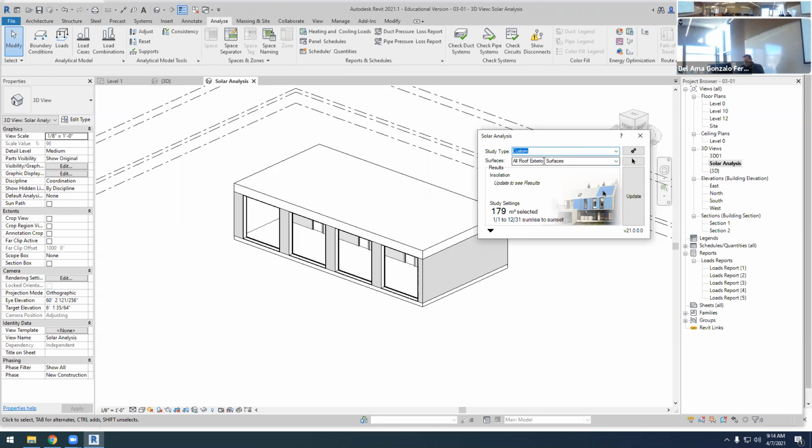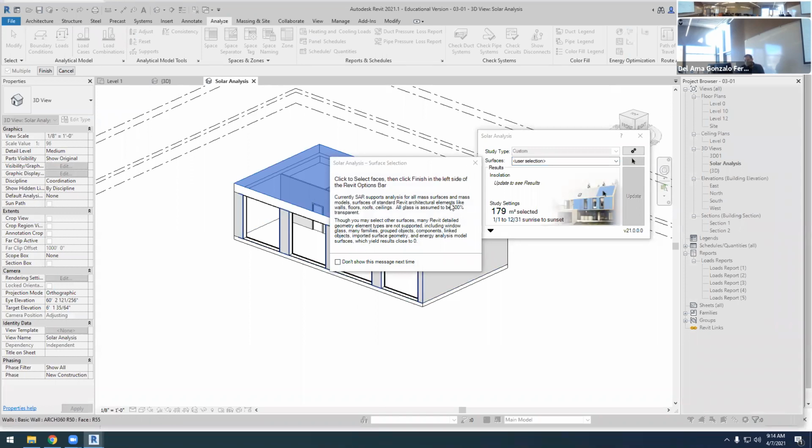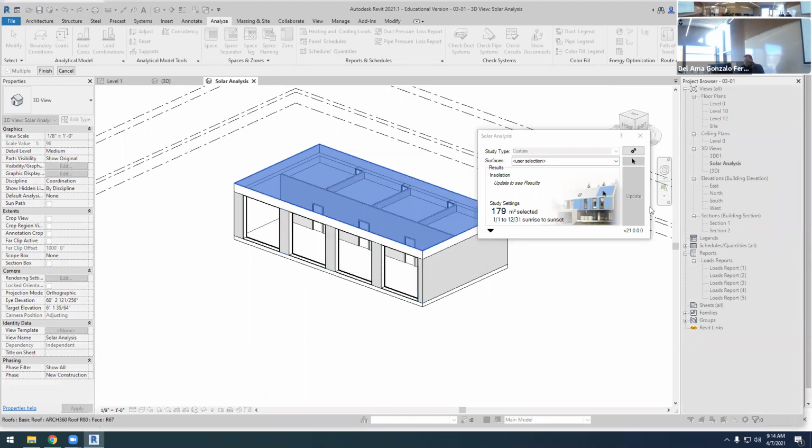Custom, by default, you have all exterior roof and exterior surfaces. Since we have only one building, that's fine. But we can always select the user selection. So we select the user selection. We always have this message, and we can click here. You see that by default, we have a plus. We click here, we are selecting a new surface, and then there is a minus. If we click here, we are not selecting this. Okay, so let's select the roof, this horizontal roof,